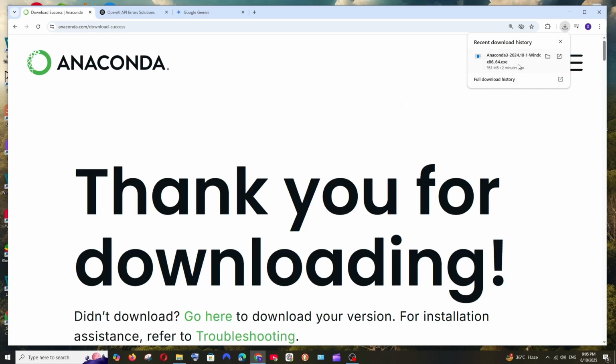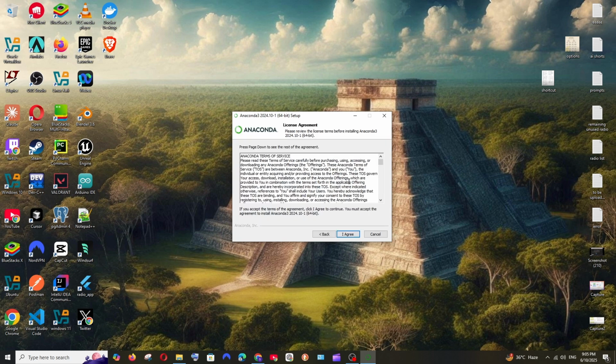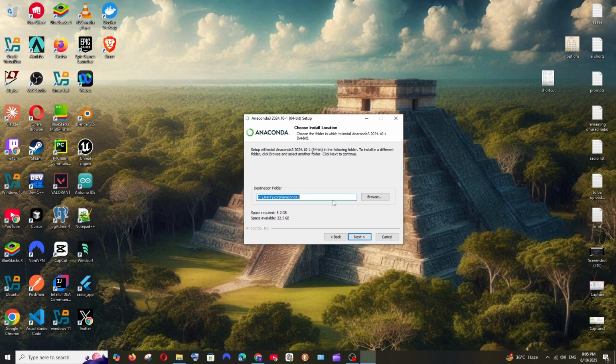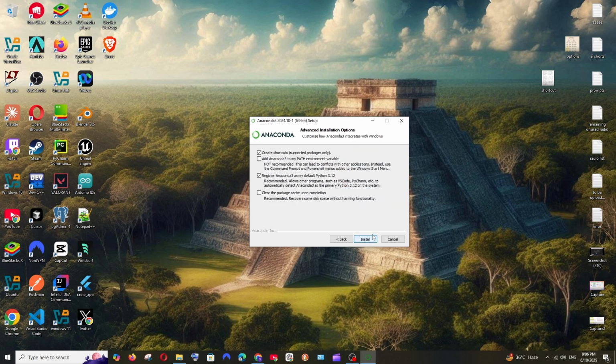Once the download is complete, just open it, and you will get the Anaconda setup. Just click on Next and read the agreement. Click on I Agree and Install Just for Me. Next. And this is going to be the location where Anaconda is going to be installed. I would recommend you install this in local disk D or E because it occupies a lot of space. So after selecting the location, just select Next, and I will just leave the default settings